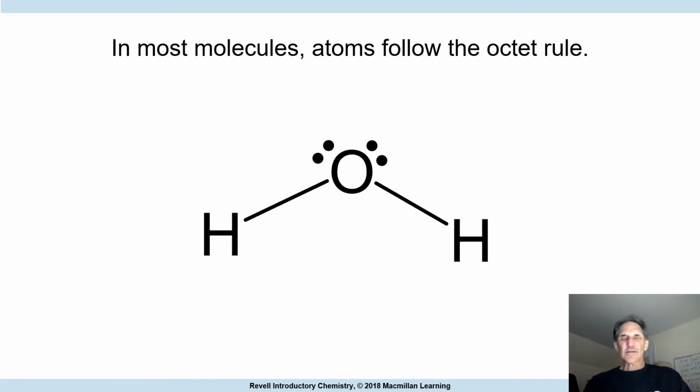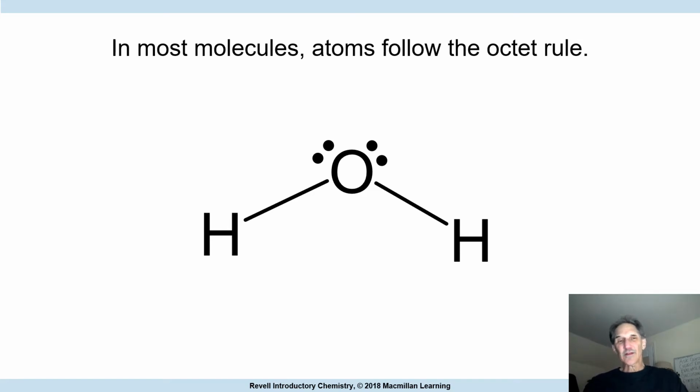Water, we can draw the Lewis dot structure for water also. The oxygen comes with 6 valence electrons, and the hydrogen comes with 1 electron, and it puts it in there and shares a bond. So the hydrogen is happy. It has 2 electrons filling its